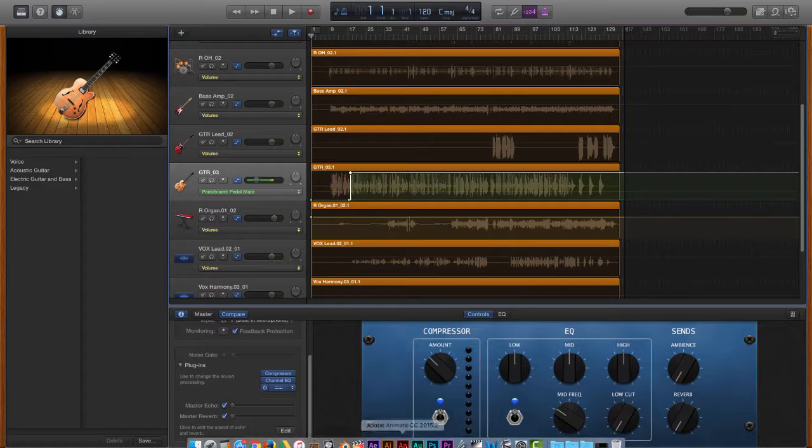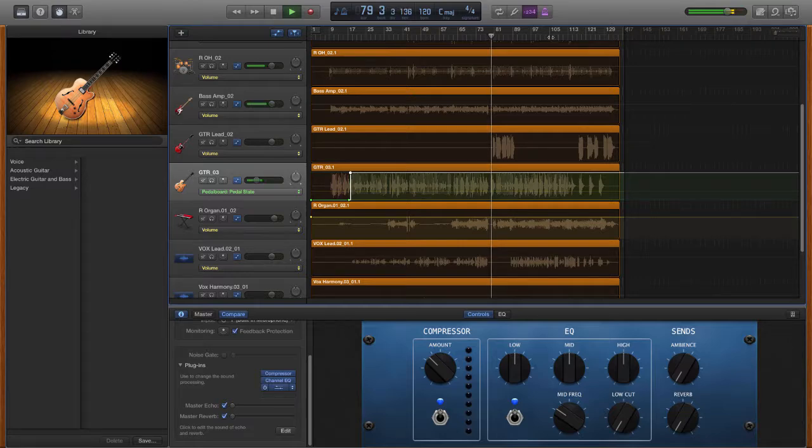If I pick any song on my iTunes, chances are the voice is going to stand out above everything else. Unless it's one of those 90s grunge bands where they're trying to hide what they're saying. I think even Nirvana made the voice stand out, though. So in this situation right now, the voice is a lot quieter than everything else, right? Especially the drums. And once this lead guitar comes in,